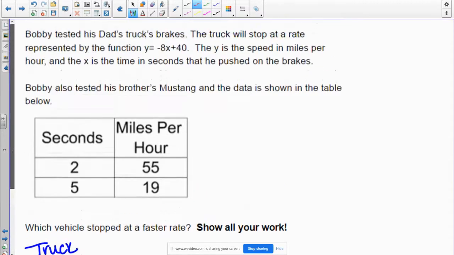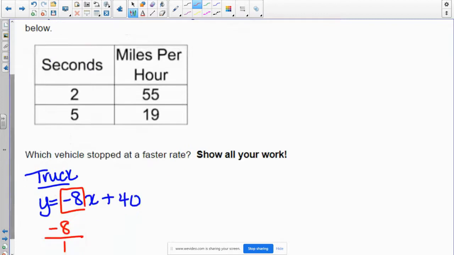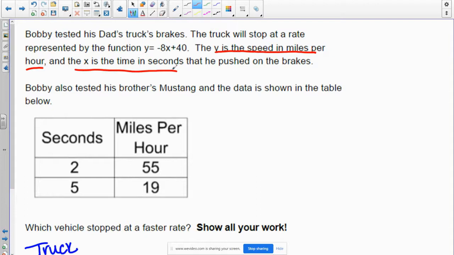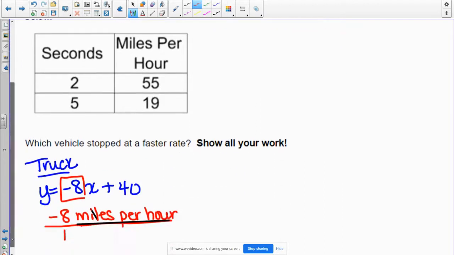So if you go back up here, why is the speed in miles per hour? So the label on negative 8 would be miles per hour. And 1 says x is seconds. So in 1 second, he slowed down 8 miles an hour when he pushed on the brakes in the truck. The Mustang